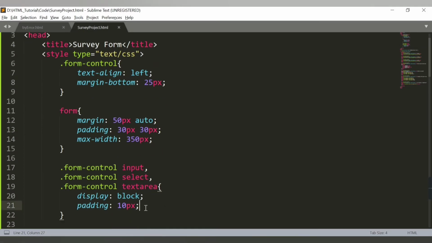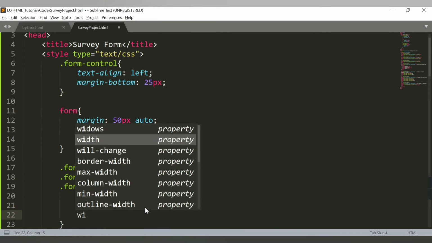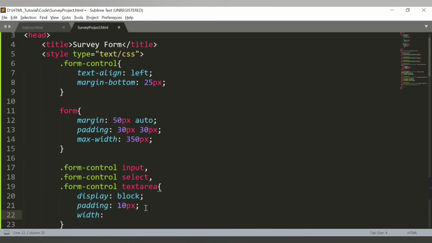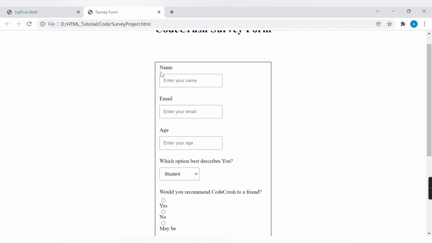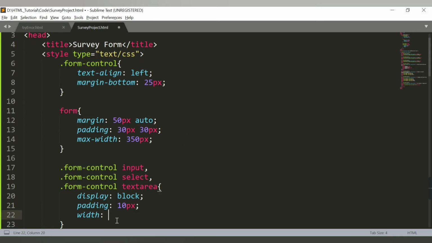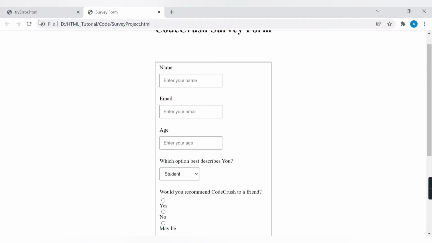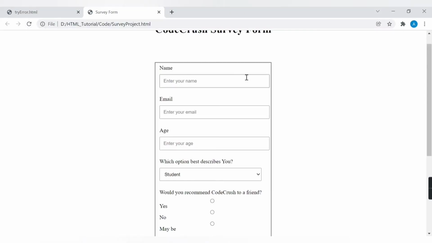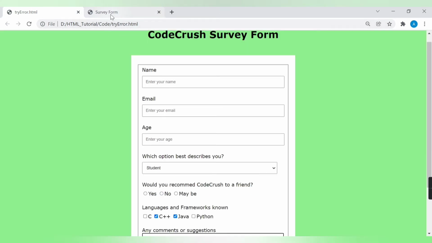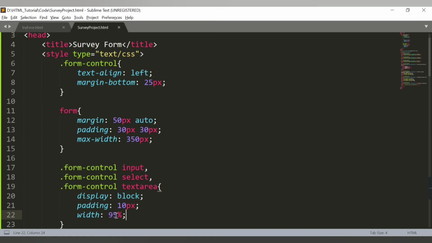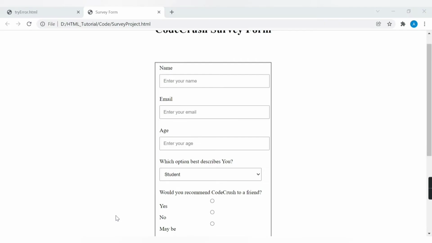Let's add another property here, width. So what will width do? It will maximize the size of text boxes. Let's say this is the entire size, right? So we will make use of this entire size. Let's say width should be 95%, not the entire 100 we are taking. Now see the change. Now we are getting the text boxes till 95%. Let's take 90 only. Refresh. Yeah, so it looks better now than earlier.